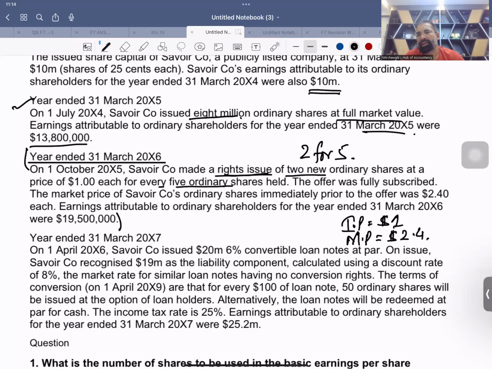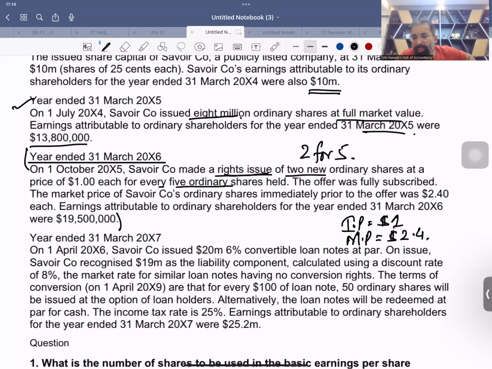So we can say in every rights issue there is a bonus issue as well as a full market price issue. Now I'm just telling you the treatment orally, because the MCQ relating to this requirement is missing. Listen, now what will you do? You will take the impact of the bonus element right from the beginning of the year